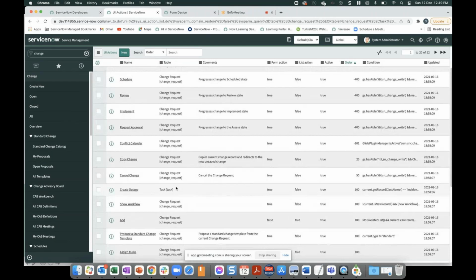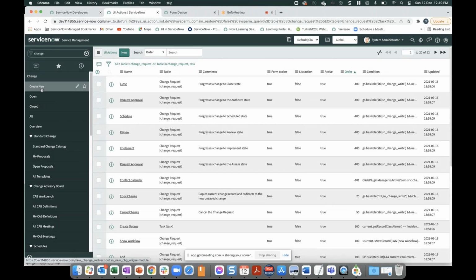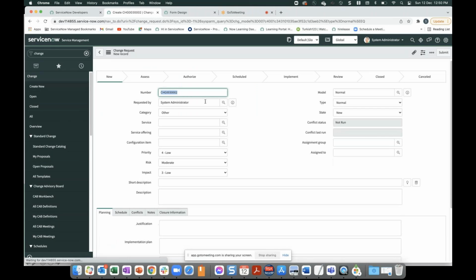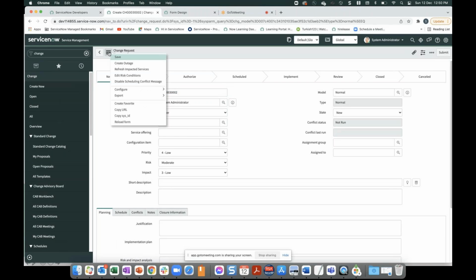All these UI actions are available. So now let's go back to the change form and go back to the normal change, right? So here you see different states are available, and different UI actions appear when it transitions through different states. And then for configuration, you just have to go to the configure option, and then you can either configure the